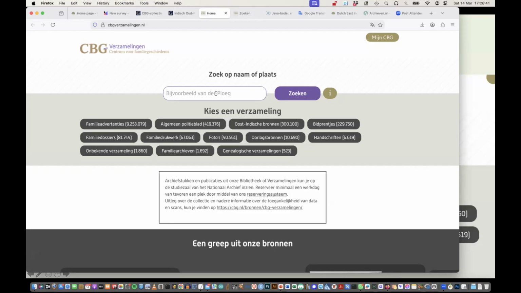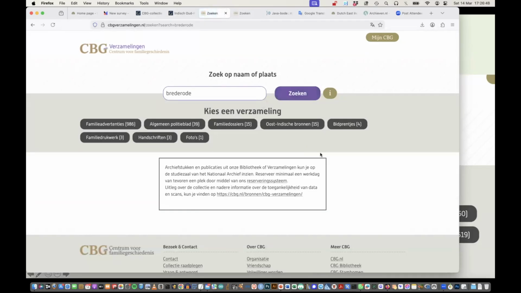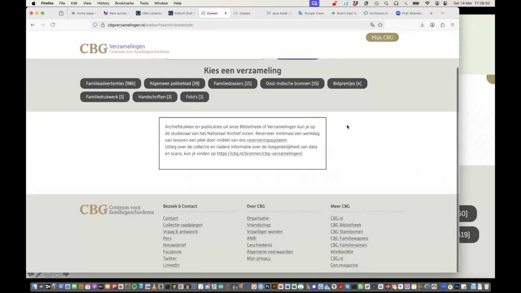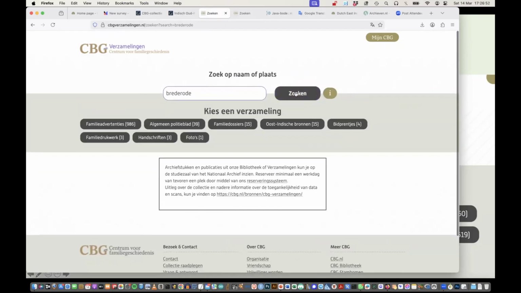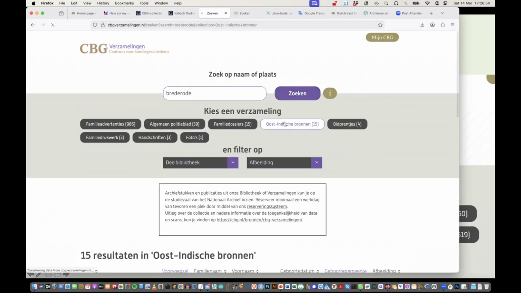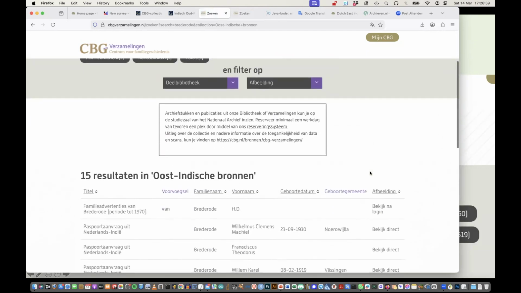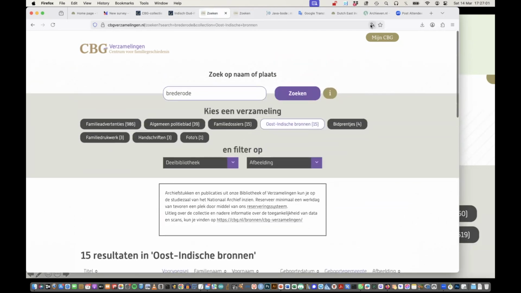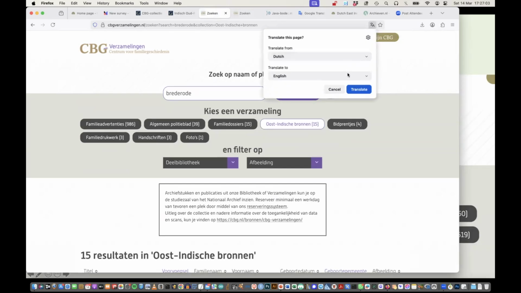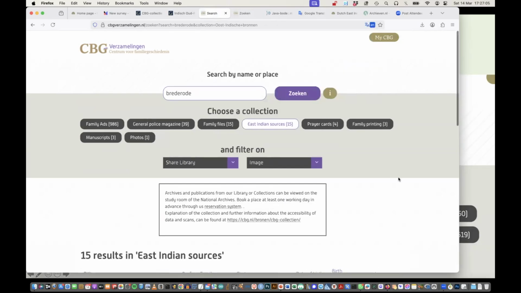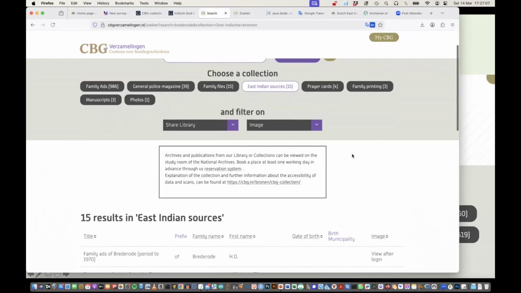For example, you search again for Brederode, and then you get, let's see, search. Then there are 15 hits. And here also you can translate this. If you want, you can translate it into English, East Indian sources.